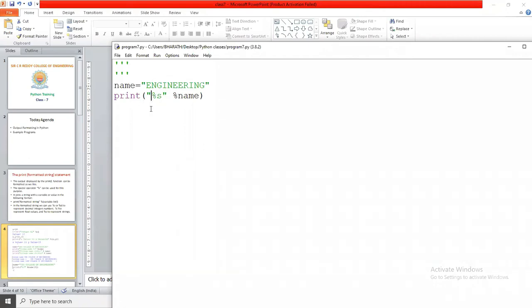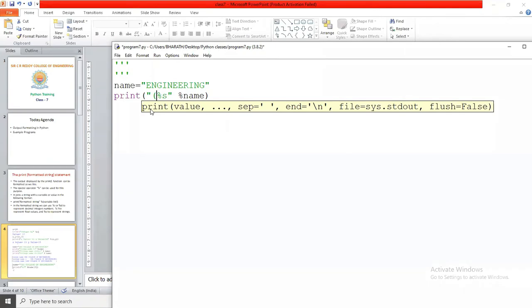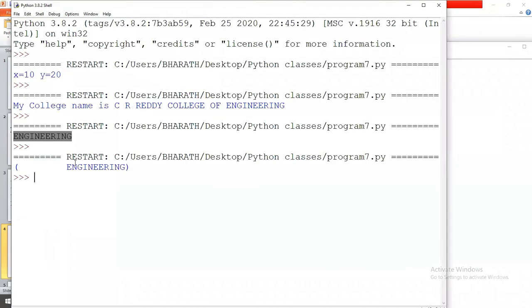Now I specify it like this in brackets: %20s. Everyone try to observe the difference. Previously it displayed engineering. Now it displays engineering in 20 spaces with right justification.